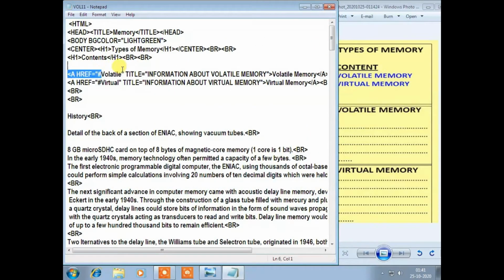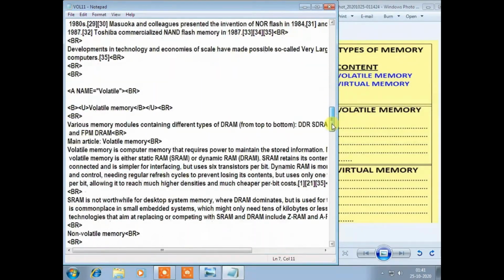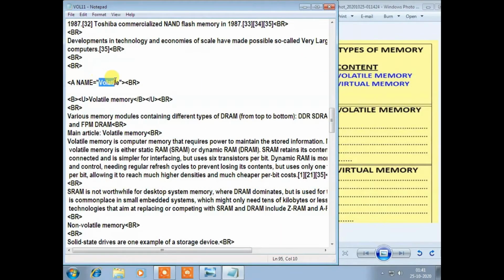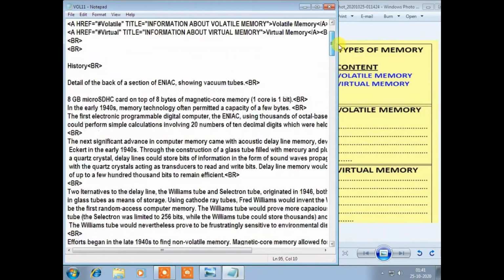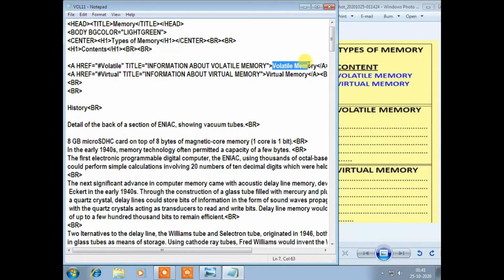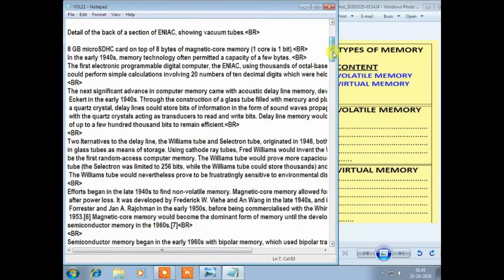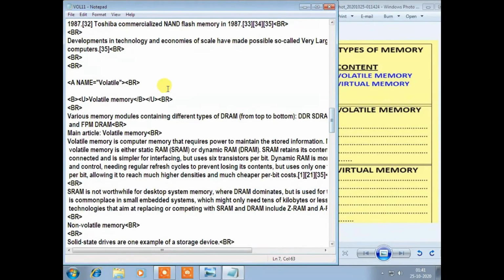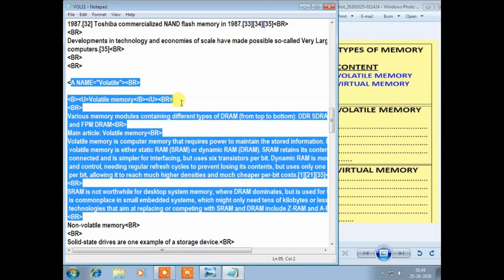Here is volatile and here is volatile also. Same name, because this is the section name. So if you click on this, you will jump to this part.